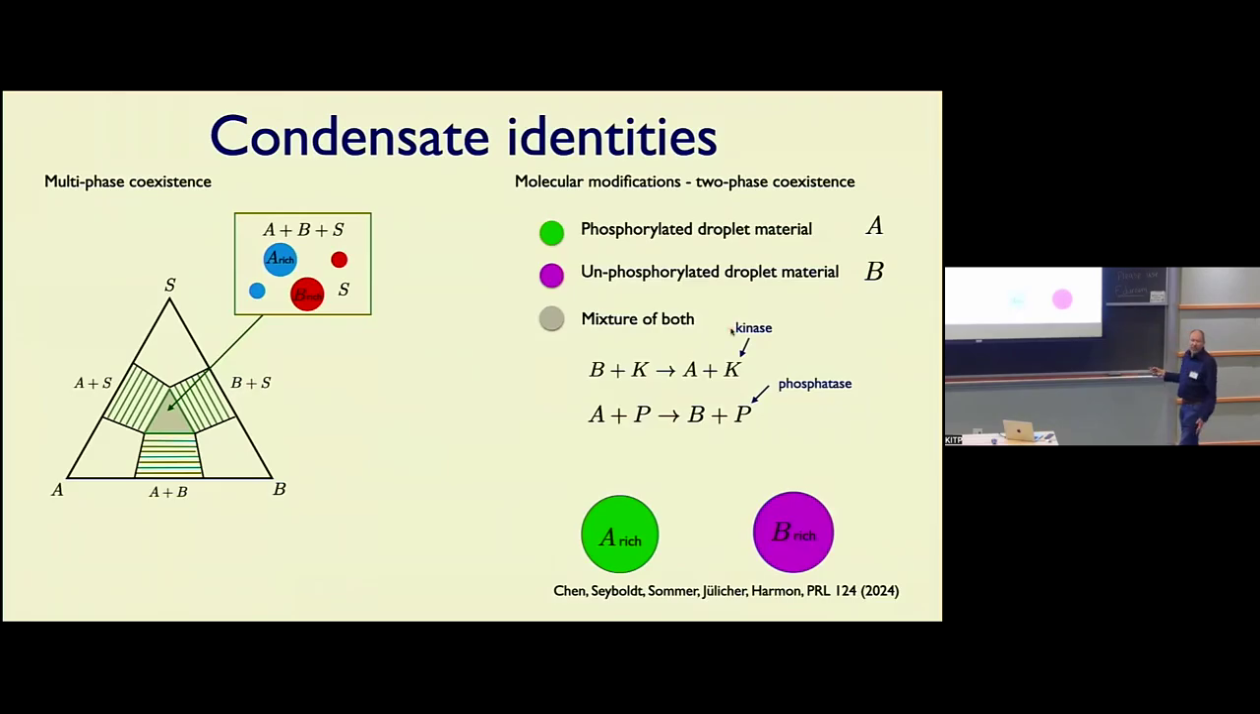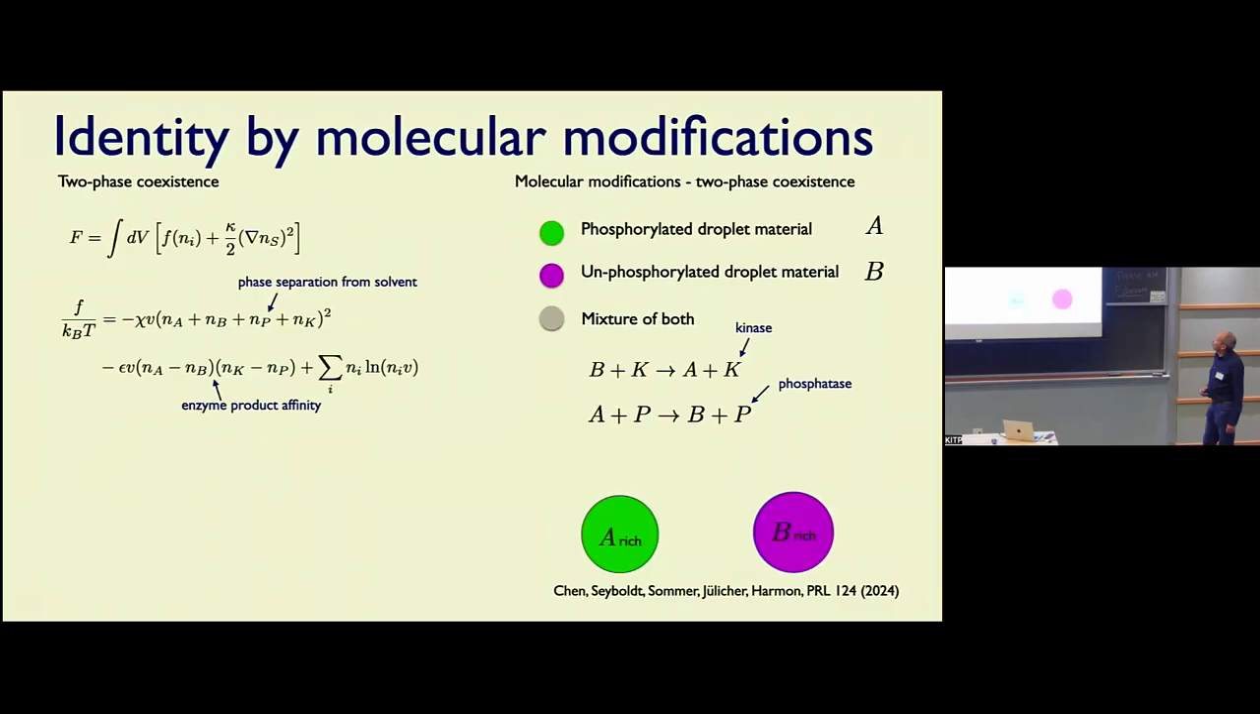I use here the simple example of kinase and phosphatase as an example, but any type of modification would work for this scheme. So the kinase turns B to A, and the phosphatase turns A to B. These are non-equilibrium reactions. And the idea is that even though the phase separation is quite non-specific, we can use such a non-equilibrium setting